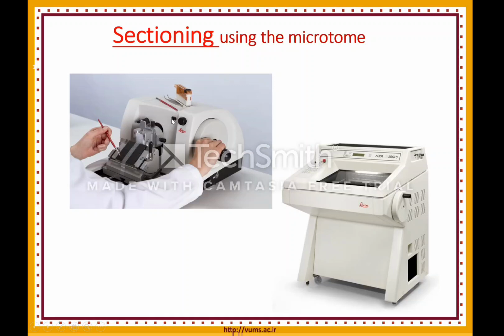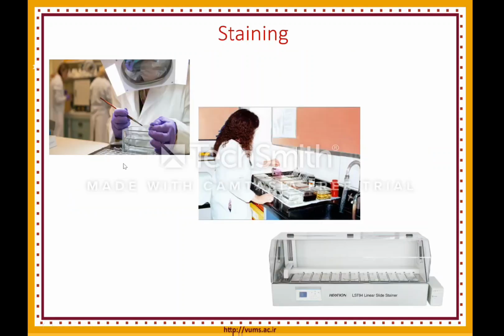And here we can regulate the thickness of the tissue, whether we want 5 micron, 10 micron or 3 micron. We regulate it by this, and after that we remove these sections